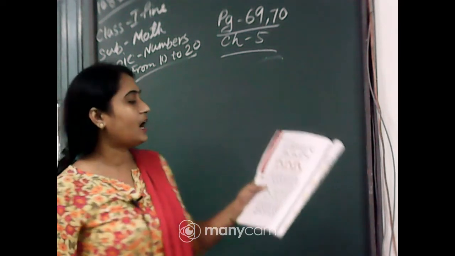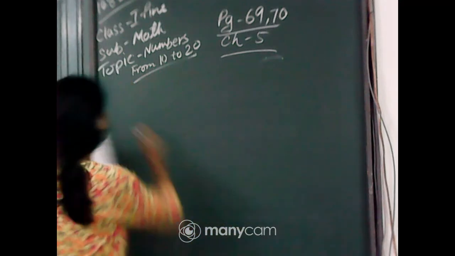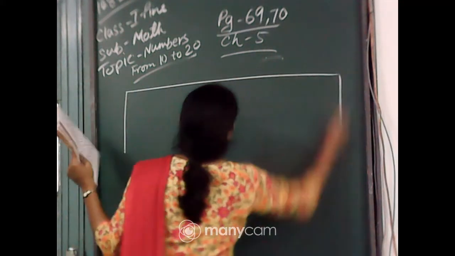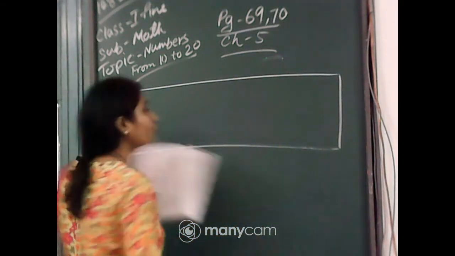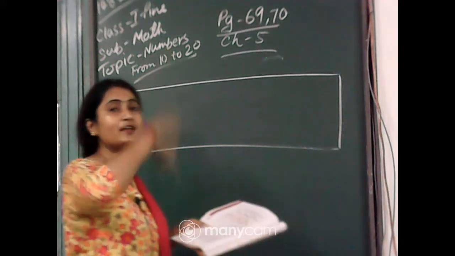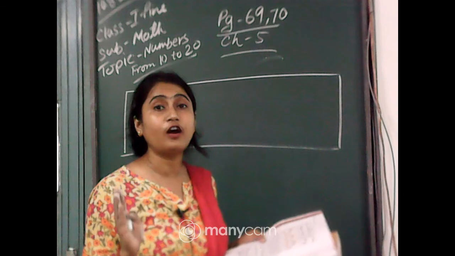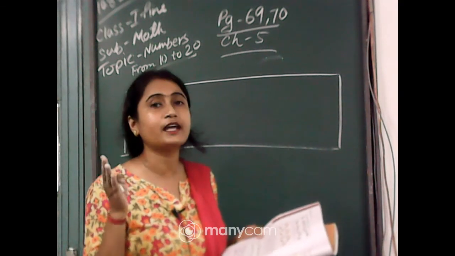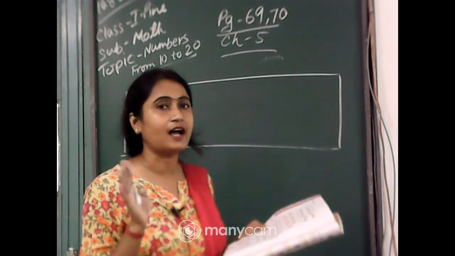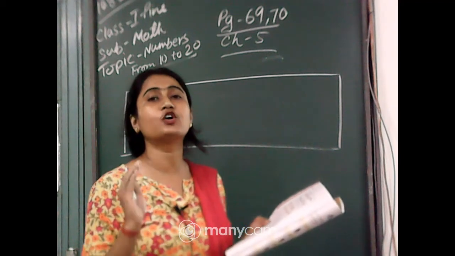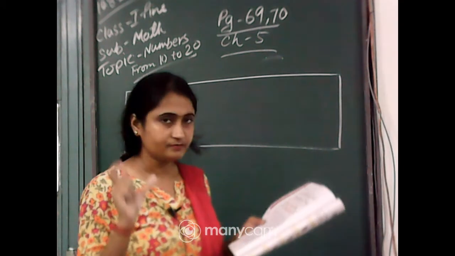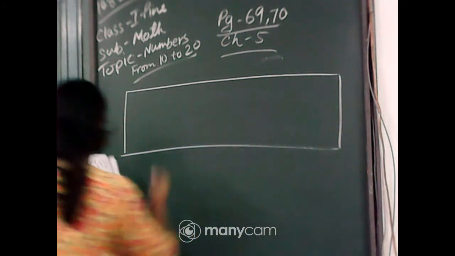Next, how many ice creams over here? Please follow me and solve with me. You have to make a group of 10. In the previous chapter you already learned to make a group of 4 and a group of 5. Already done in your class. Here you have to make a group of 10 objects. Okay. Now, how many ice creams?